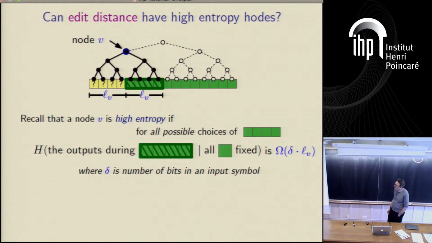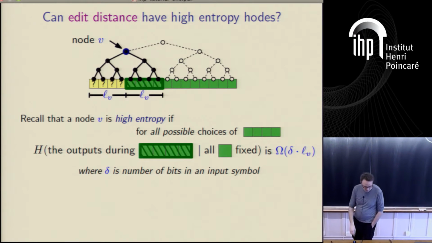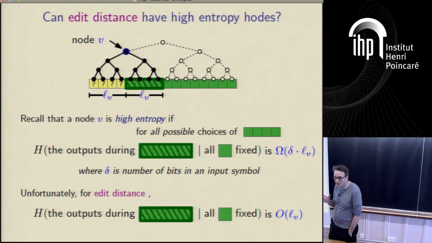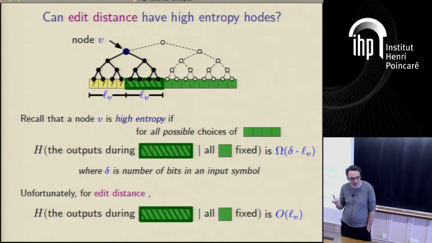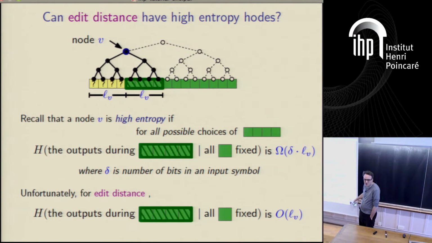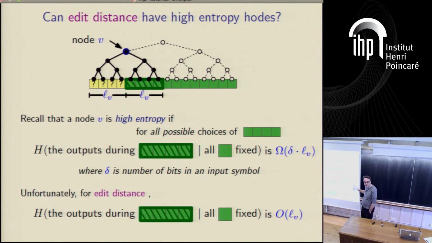Edit distance, unfortunately, can't have any high entropy nodes because of this feature that consecutive outputs only differ by a constant, and therefore they can be encoded in a constant number of bits. So you can't possibly have conditional entropy that's higher than L_v, in other words, the size of the subtree. Whereas what we want is something like delta L_v, but it's not possible. So instead, we have to abandon for the moment, because we don't have the technique for it, our hope of producing a lower bound for large word sizes for the edit distance problem,